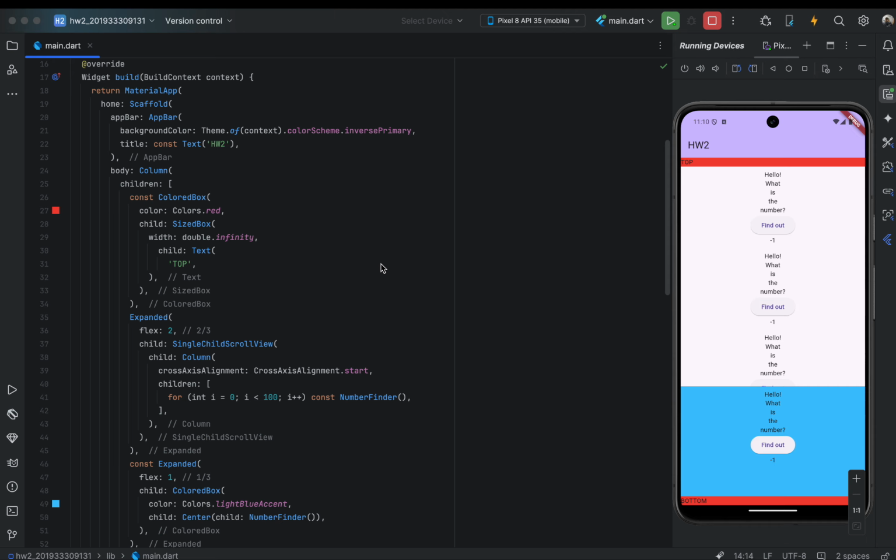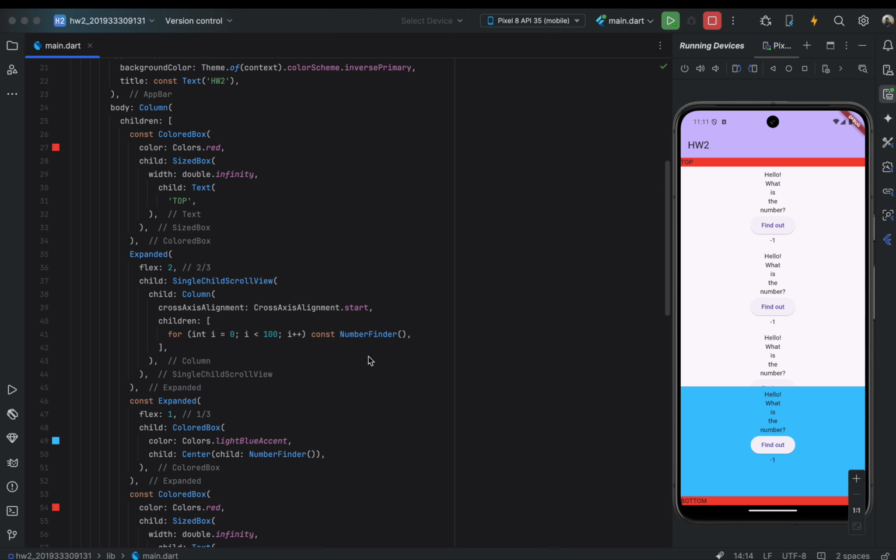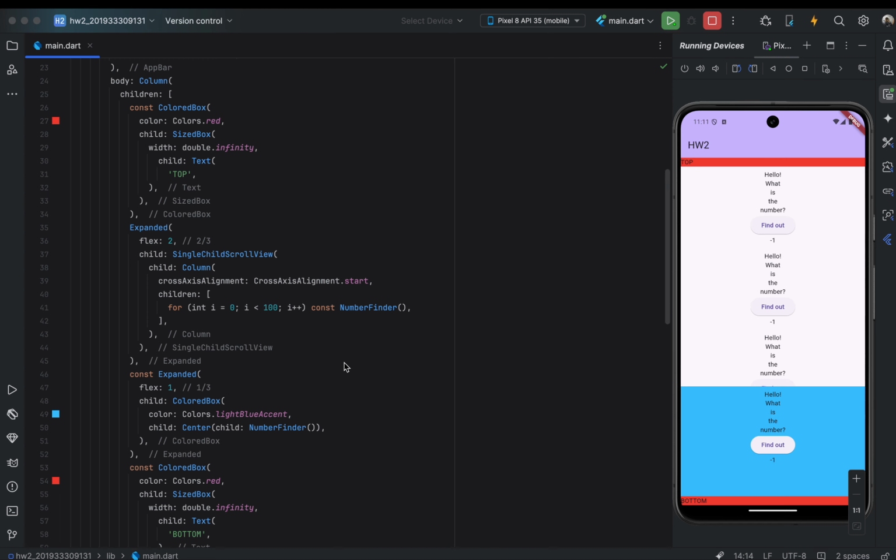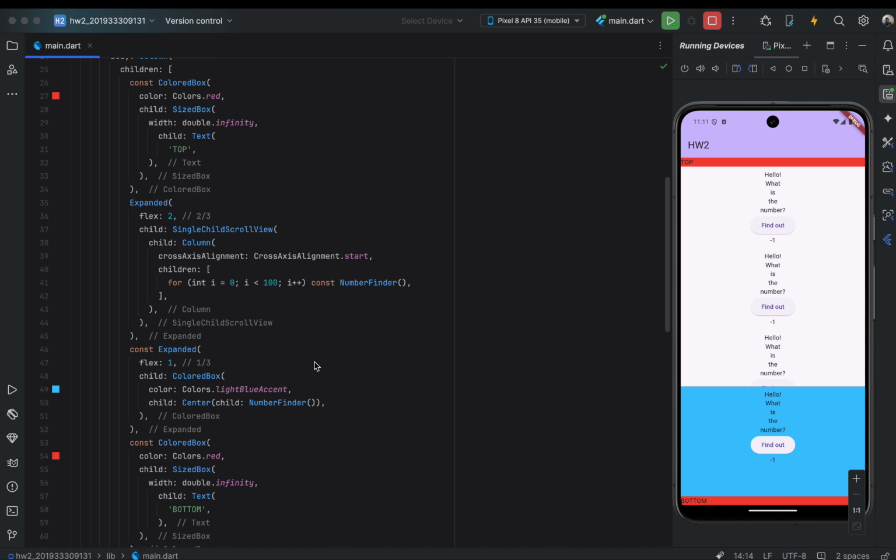After that, I divided the rest of the screen into 1 divided by 3 and 2 divided by 3. Into the 2 divided by 3 part, I placed my task 3 code, which is 100 copies of the program, and in the 1 divided by 3 part, I placed the